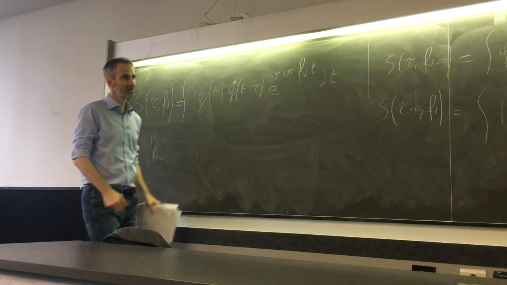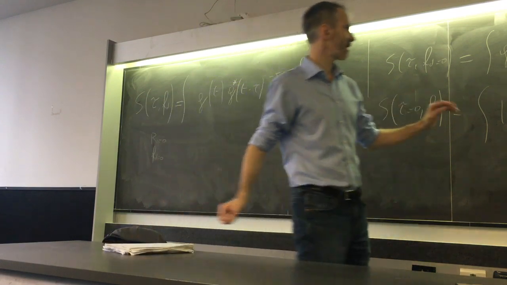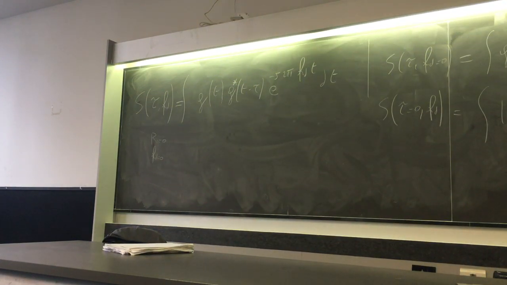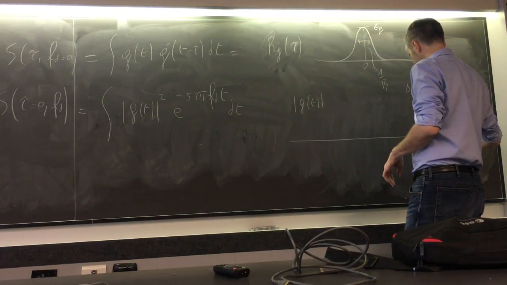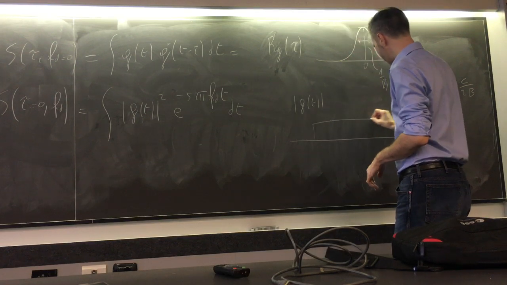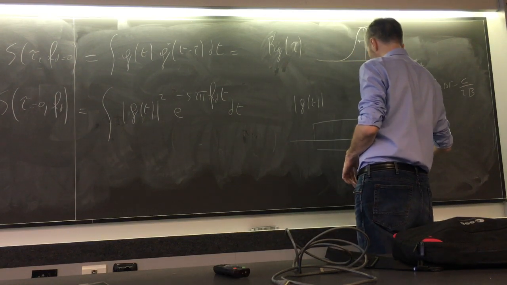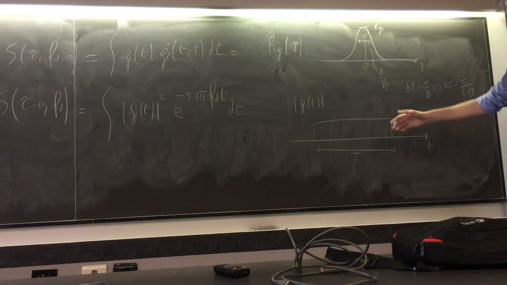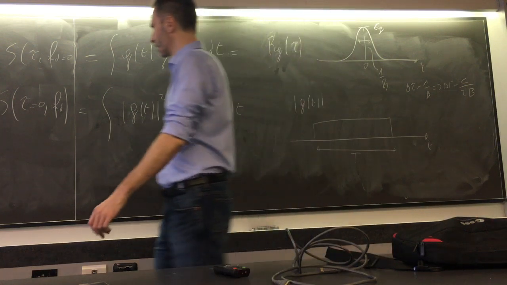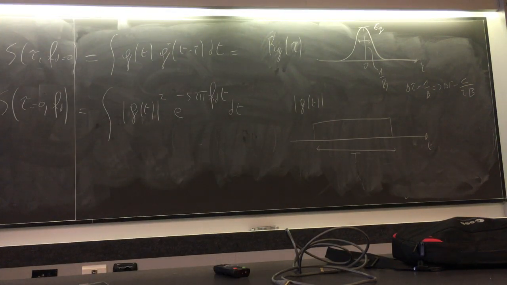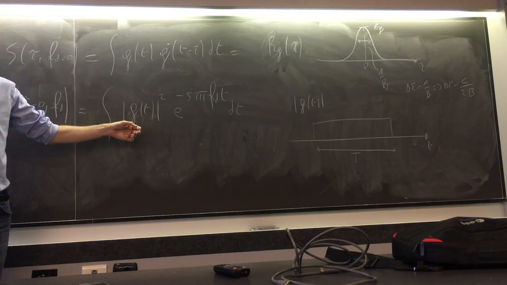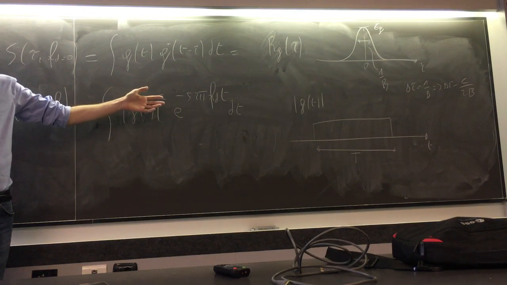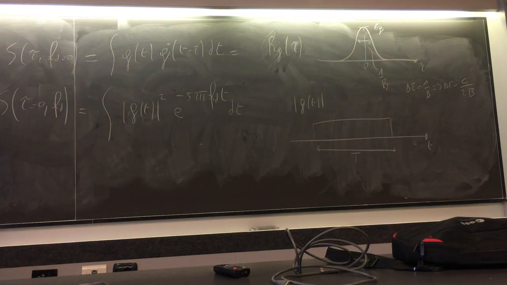Let's make it simple, and let us assume that the absolute value of g is just a constant with some duration t. So this t is the length of your pulse, and then what you get is the Fourier transform of the constant, and so this is proportional